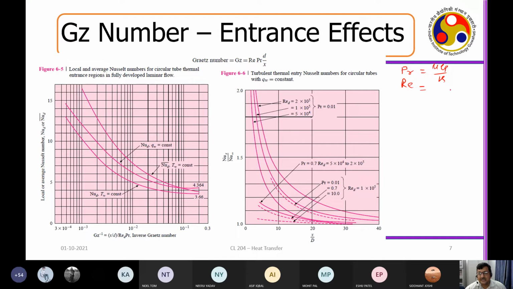So Reynolds number is the ratio of inertial force to the viscous force. Then we studied the Biot number, right? Which is the heat conduction, hx by k, right? So there, you are looking at the lumped capacity models, right?